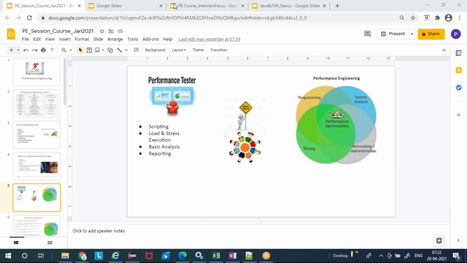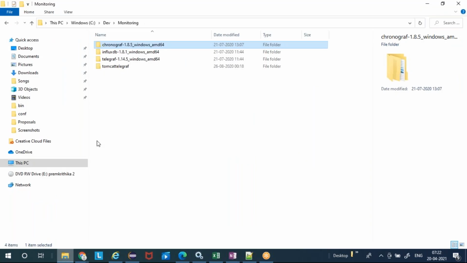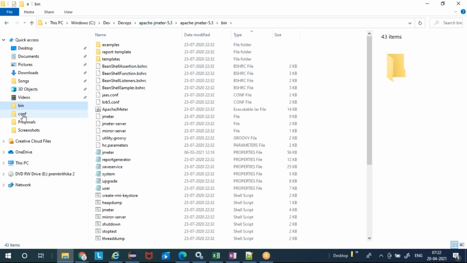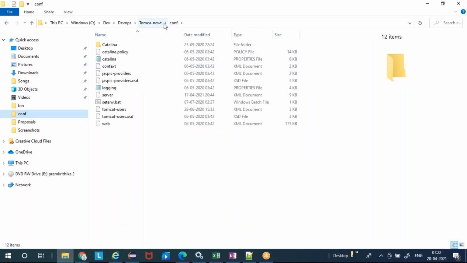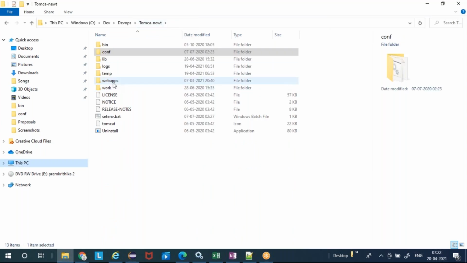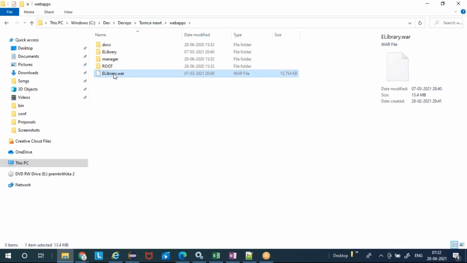Okay, so before starting the basics of performance engineering, for the people who have just joined today, I'll show you the sample application which we are going to use. I have this Tomcat, in which we have this new application war file deployed,